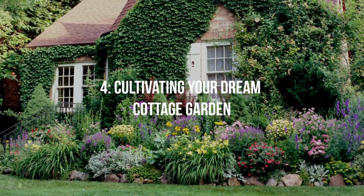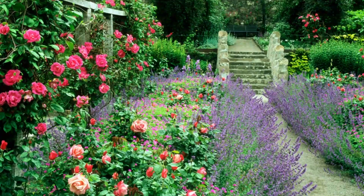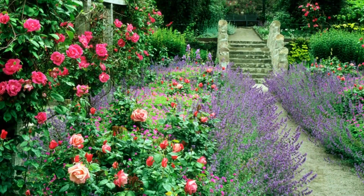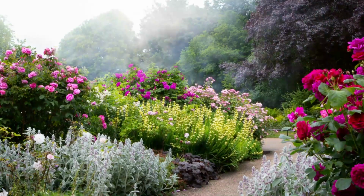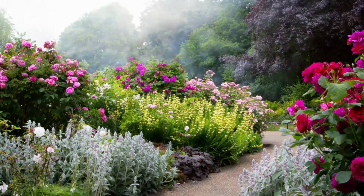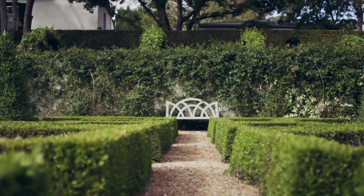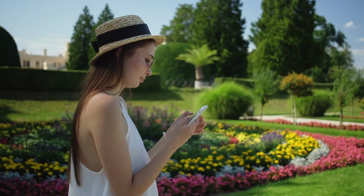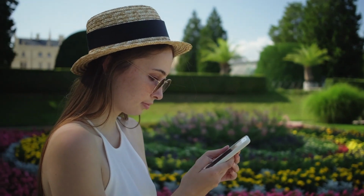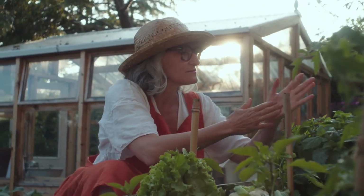Chapter 4. Cultivating your dream cottage garden. Now that you're familiar with the 20 key plants for a cottage garden, the next step is envisioning how they can come together to create a stunning panorama. Consider their individual blooming times, plant height, color, and how they'll interact with each other. Remember, the goal is to create a garden that's in constant evolution, offering a continuous display of color and fascination. As we conclude our in-depth exploration of what are cottage garden plants, 20 key plants to create your dream garden,